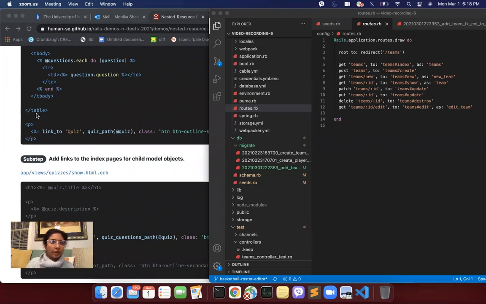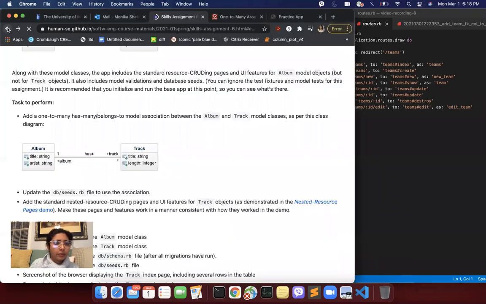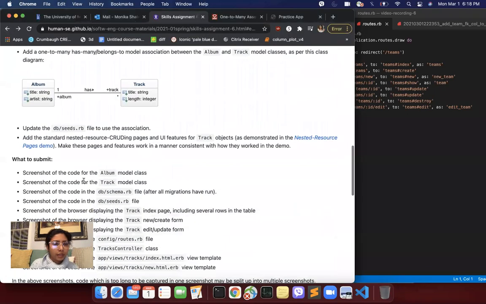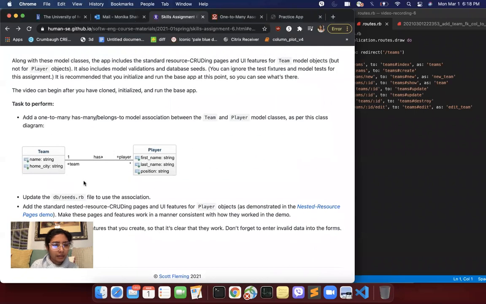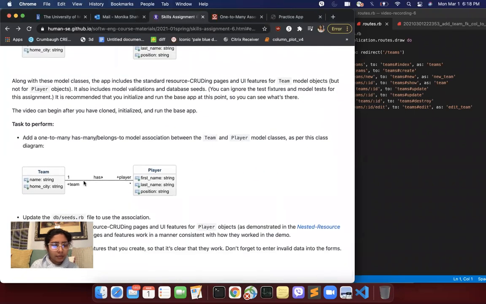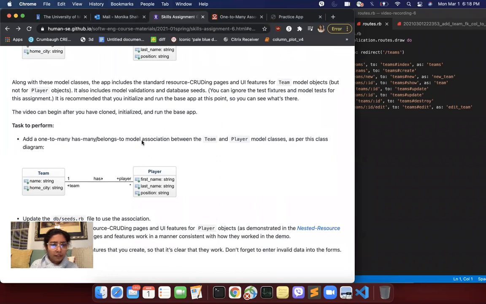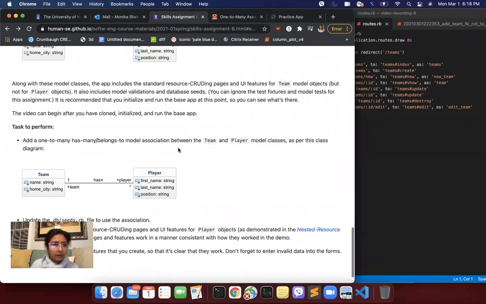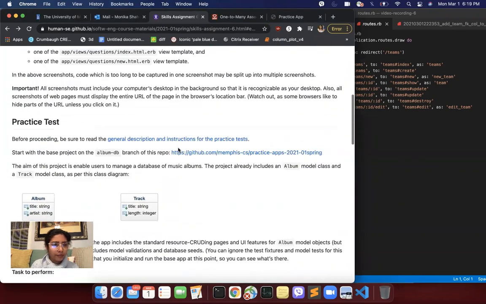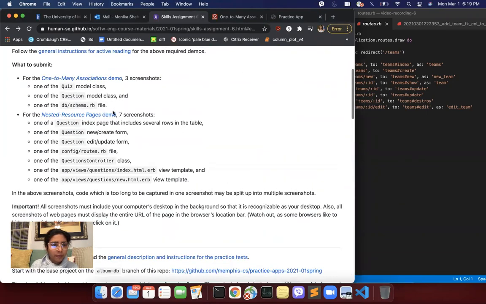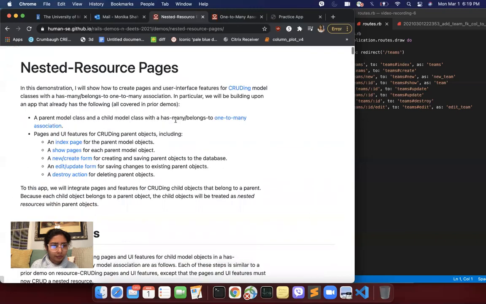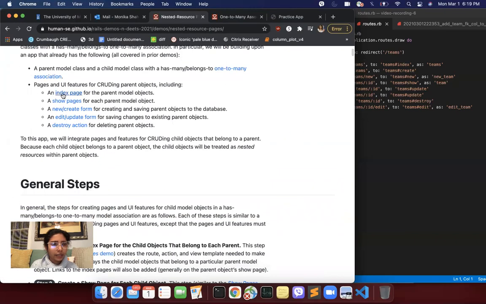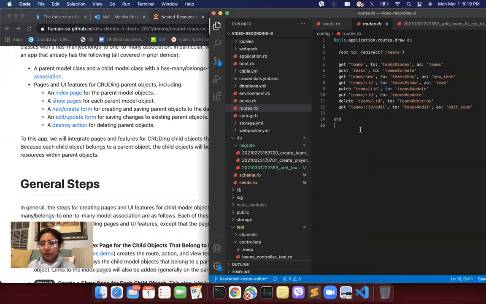Okay, so let's start with adding an index page for the children. Okay, the index page. We will first start by adding a route, which is